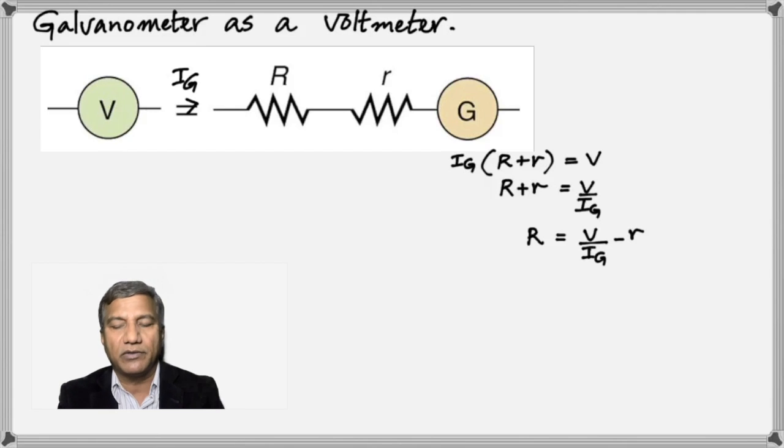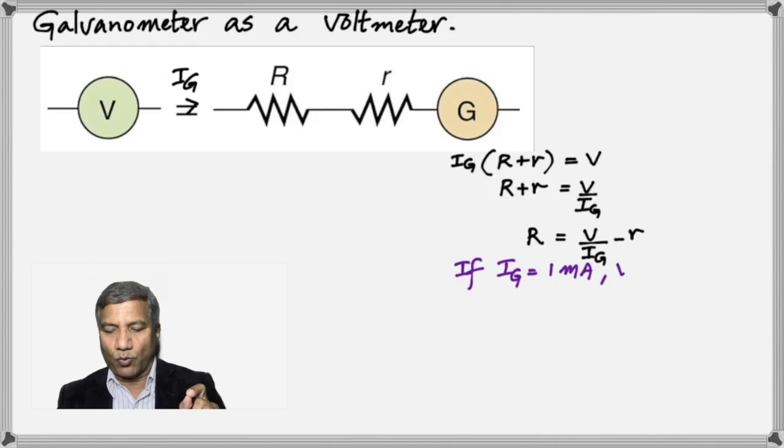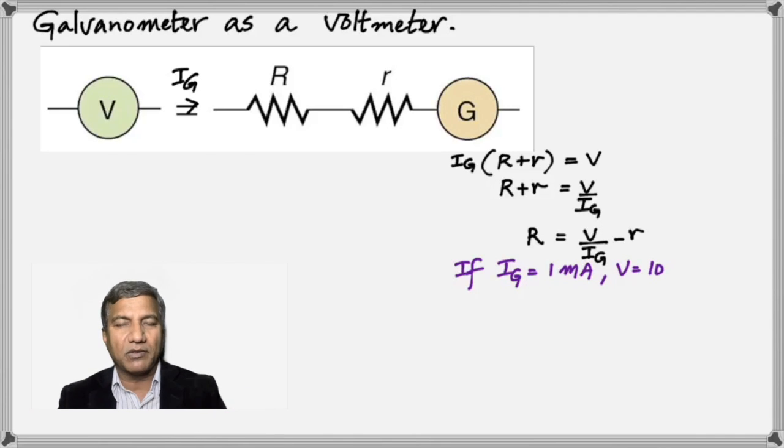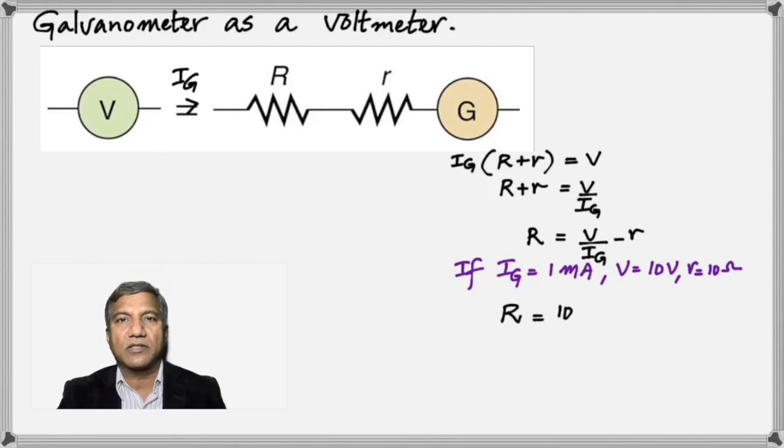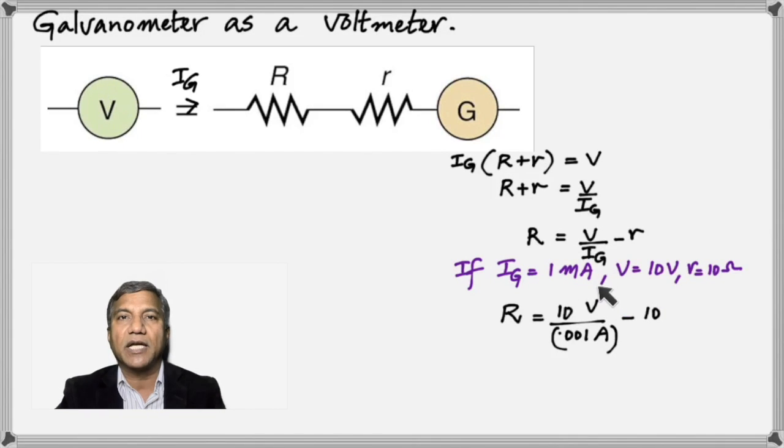I'm going to give an example here. So let's assume that IG is 1 milliampere. Usually it's very small. 1 milliampere is 1 by 1,000th of an ampere, and that is the maximum safe current through a galvanometer. Okay, so let's take IG as 1 milliampere, and assuming that we want to measure a voltage of 10 volt and that the internal resistance of the galvanometer is 10 ohms, the value of the resistance connected would be 10 divided by 0.001, because 1 milliampere is 1 by 1,000, so that's 0.001. Minus 10, which comes out to be